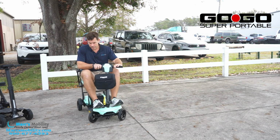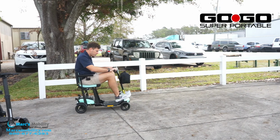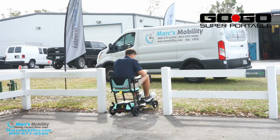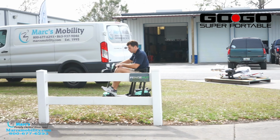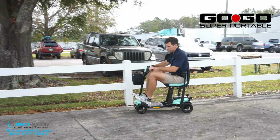I'm going to go ahead and check the acceleration as well to see if that's any difference. And then I'm going to go right over here in the grass. Let's say acceleration is not crazy, but it might be a hair quicker on the Super Portable. And then if I was to probably give my assessment between the two driving in the grass,